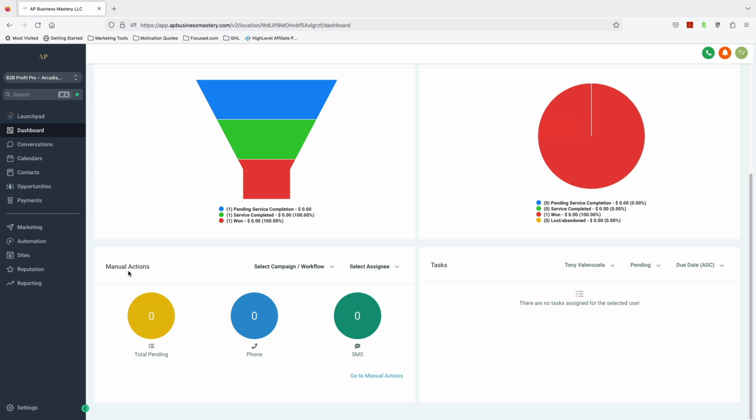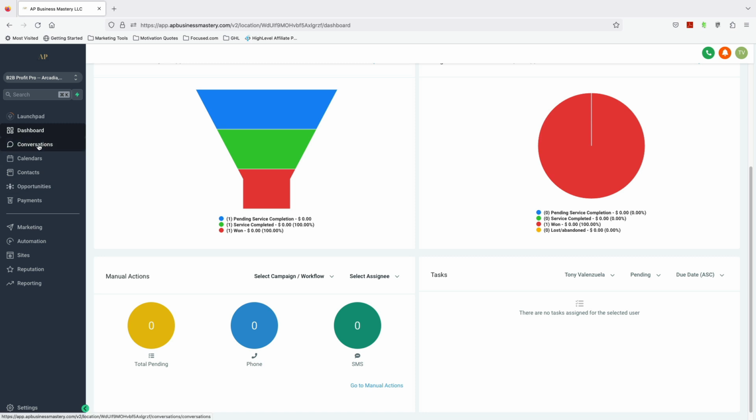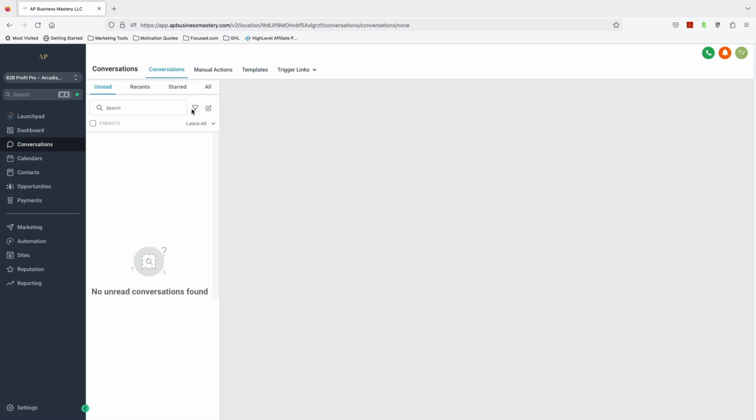Then you've got some other actions down here. You've got pending actions, you've got phone calls, and you've got text messages that you need to get to. So you'll want to watch that as well. Conversations, there's nothing in here right now, but this is where you'd be able to see your unread messages, recent messages, any messages that you starred. And these messages will come from